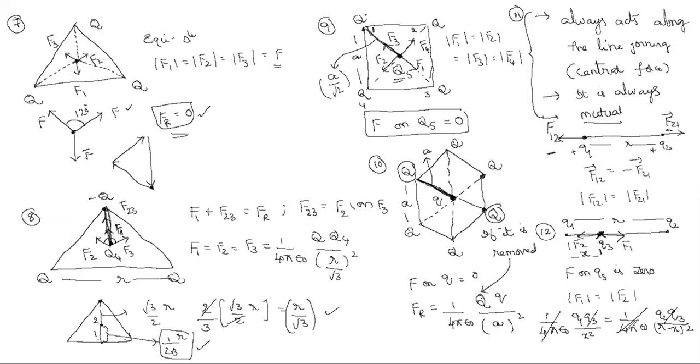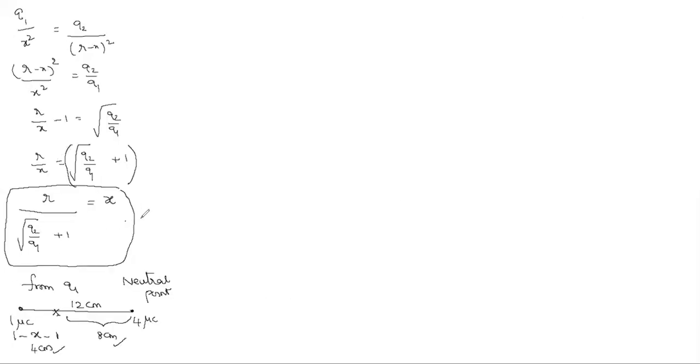So here, this is the distance of the neutral point formed in between the charges, formed between Q1 and Q2. Last but not least, here if they are unlike, they attract. Suppose I take minus Q1 and this is plus Q2. Suppose I place the third charge, Q3, here.